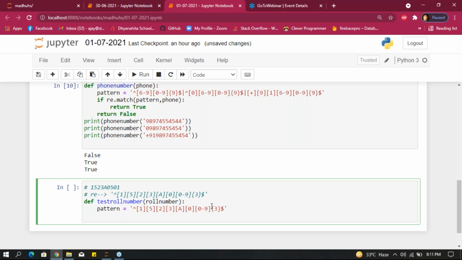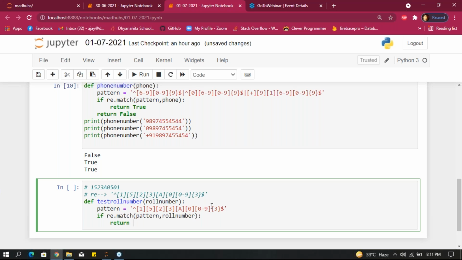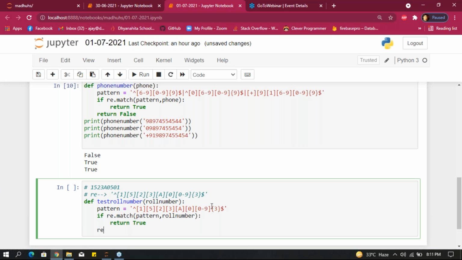After that write if re dot match pattern, comma roll number. That means I'm taking the parameter. After that, if it is true, return true here, otherwise return false. But to check that, print of test roll number, give here the same input.